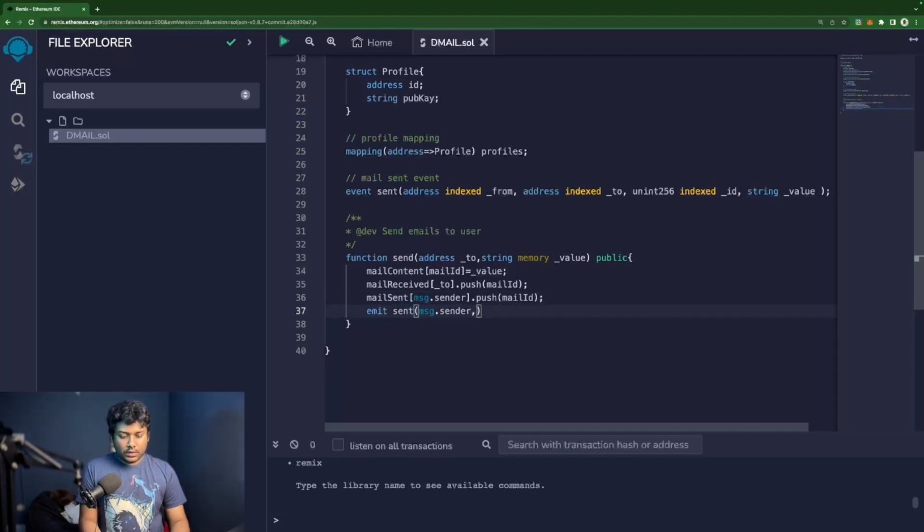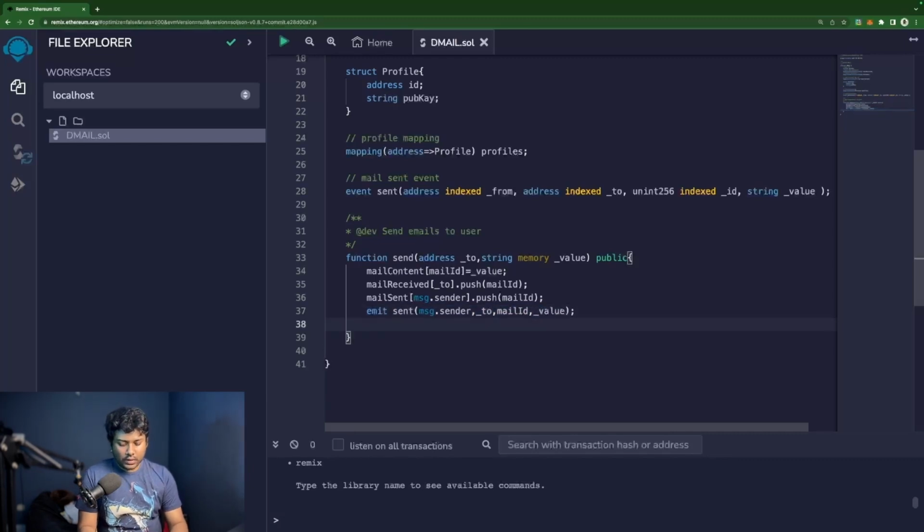The to address will be _to, and the ID of the mail will be mail ID, and the value is value. So this is the mail event that we have created earlier, and we are just calling this event, passing the variables or parameters. Whoever wants to subscribe to this event will get these values automatically,